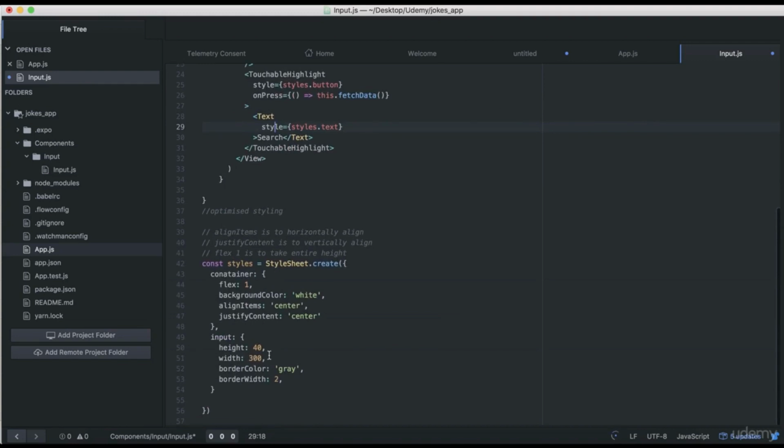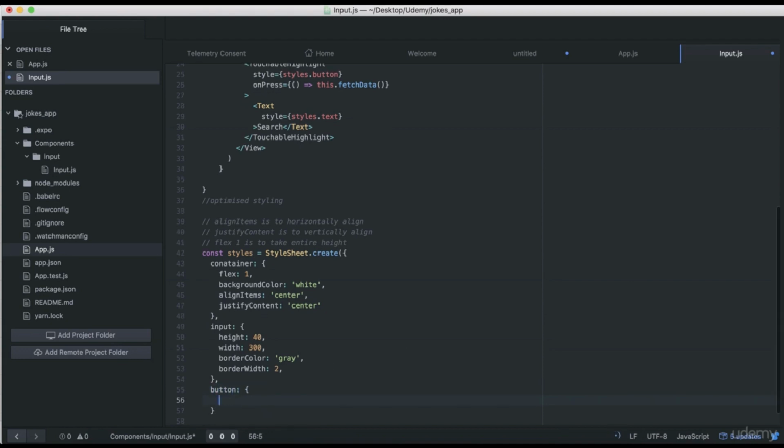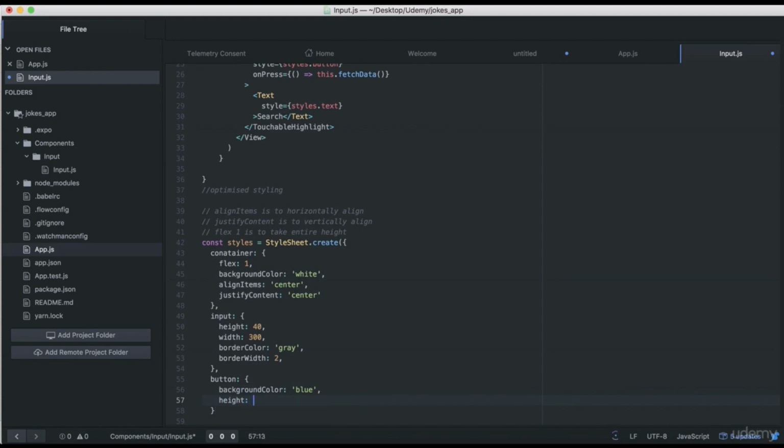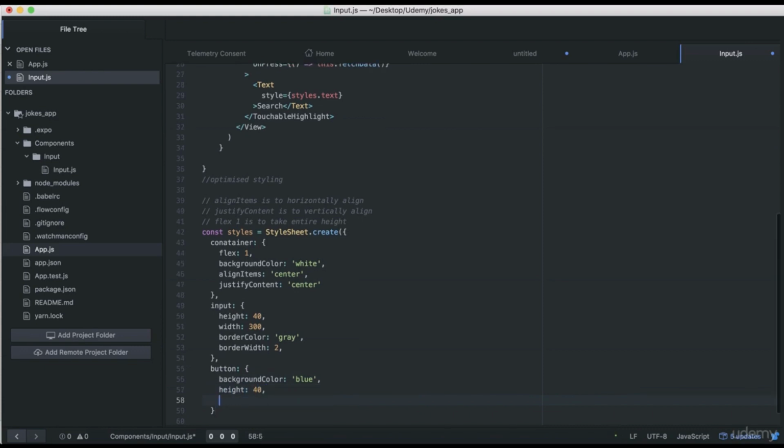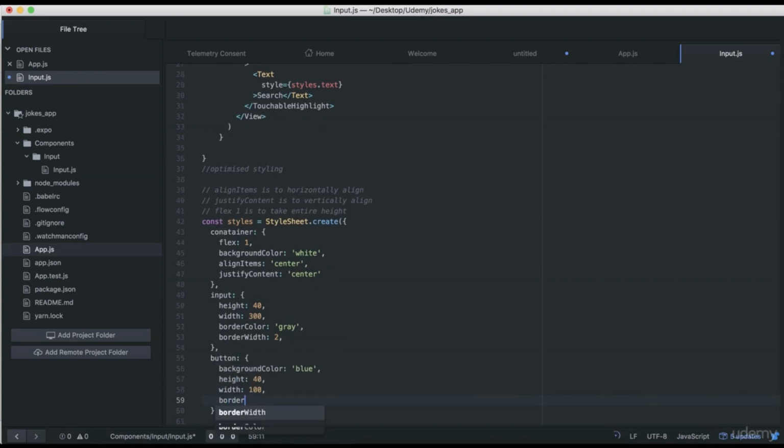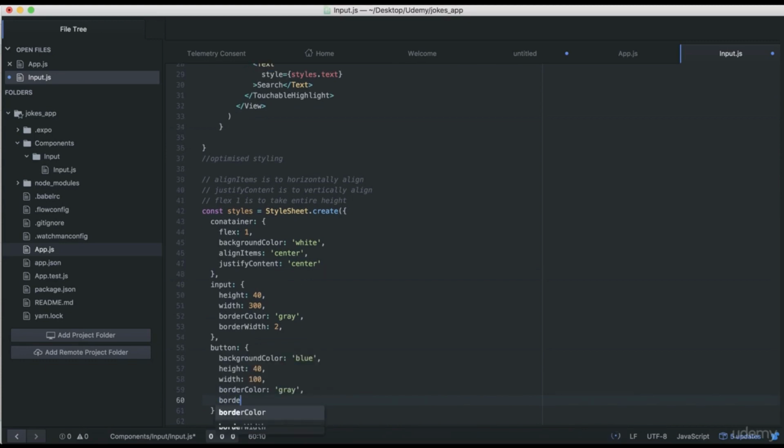Now let's go all the way to the bottom where we have our StyleSheet.create, which helps us create our style sheet, our cascading style sheets, or basically the thing that makes things look pretty. We'll have our button, and then we give our button attributes, very similar to how we've thought about it before. I'm just going to go out on a limb here. I'm going to give it a background color of blue, a height of around 40, width of 100, a border color of gray, border radius of about 5, and we want to make sure that the content is